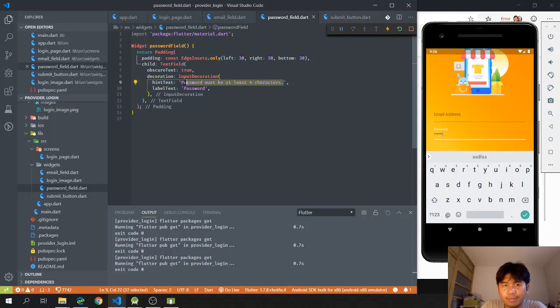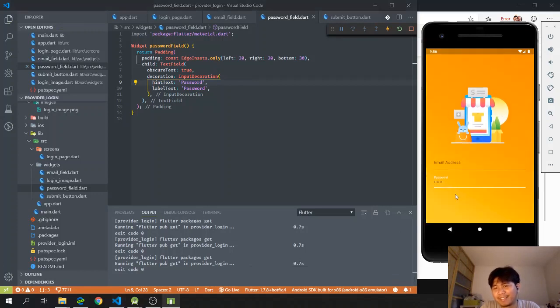Or what if I just say, because this is just an error message rather, so let me just set this by saying password. Okay,